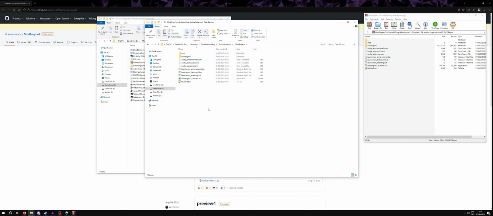Maybe as just a user you would only have one of these instances, but I have a backup of ModEngine 2 with nothing in it, and then every time I want to make a new mod, say I was importing the Ironclad armor from Dark Souls 2, I copy,